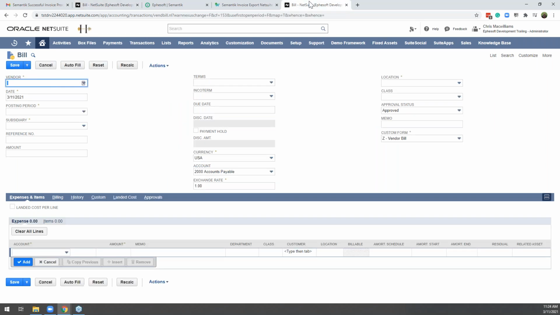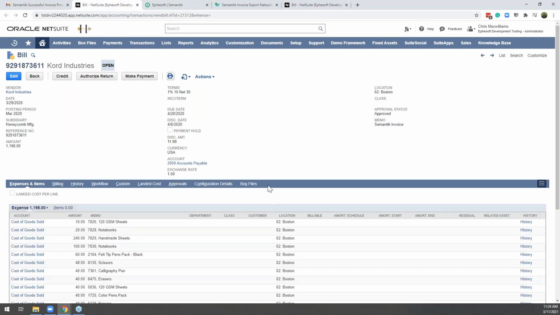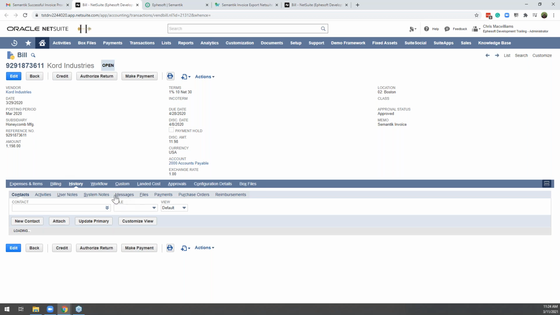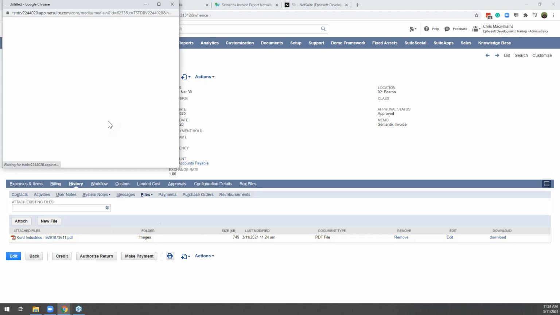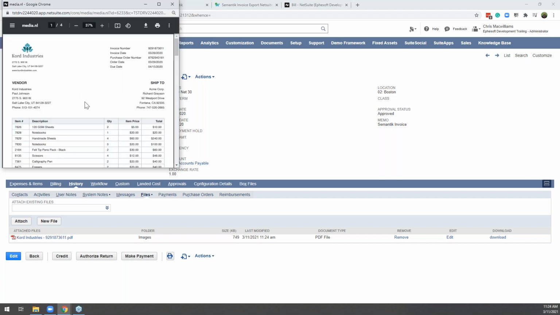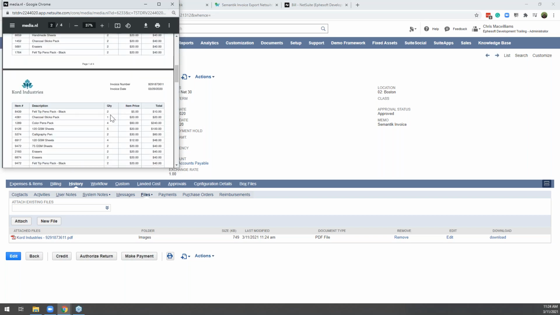But just to give you an idea, this is a blank screen, and this is really what a lot of AP clerks are doing today, is just manually keying in all that data. So you can start to see, okay, do I want this screen where I have to key in everything, or am I more excited about something like this that just has the data already landed there for me? So that's the kind of power that our solution can provide. And with the Workato integration, there are some really cool things that we can do, like attaching the invoice record or the invoice document to the bill record. So it's all nice and neat there.